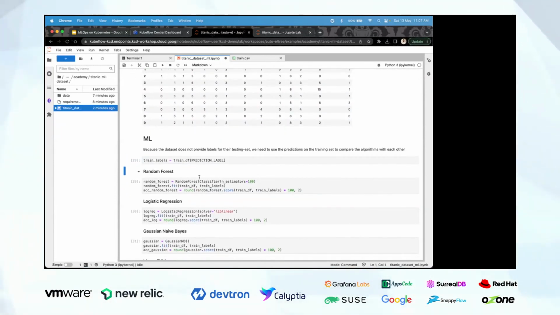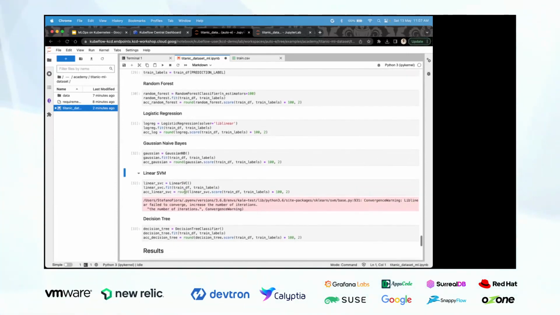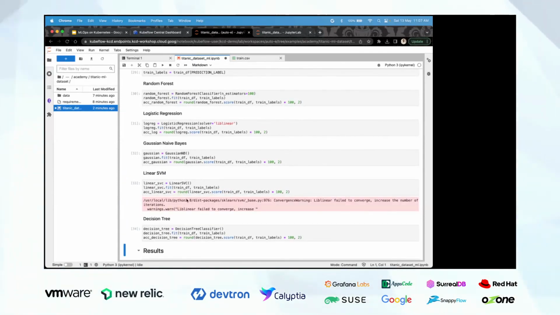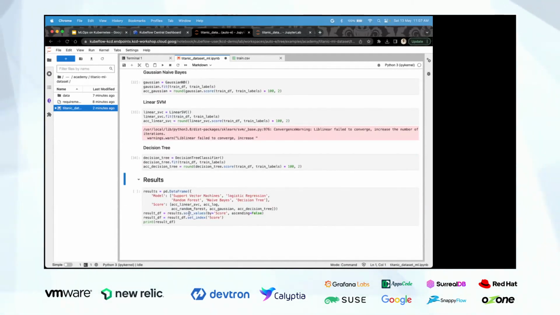We have chosen 4 or 5 different models: random forest, logistic regression, Gaussian naive Bayes, linear SVM, and decision tree. Basically, this is a classification problem, so this is why we have chosen these algorithms.